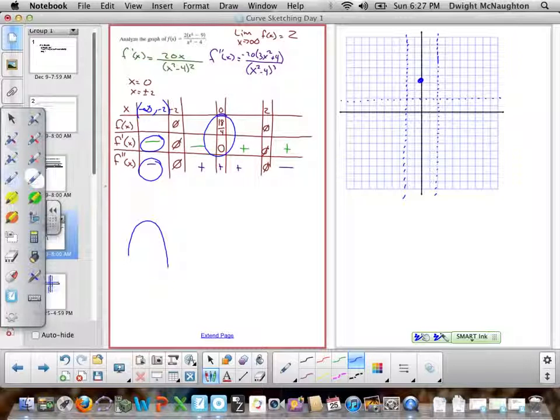If I take a look at the concave down shape, the part that's decreasing is right here. All right, so as I sketch it, I need to sketch a shape that looks like the concave down decreasing part